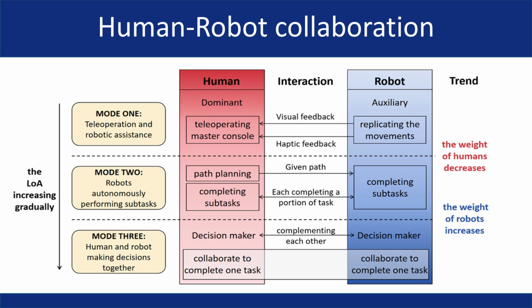A robot can execute pre-planned movements based on real-time imaging, while the surgeon supervises and adjusts parameters as needed. The biggest challenge in this mode is environmental perception. The robot relies heavily on computer vision and real-time 3D reconstruction to navigate the complex dynamic anatomy of a patient. While promising, current robotic systems still struggle with limited field of view and real-time processing constraints, making this an area